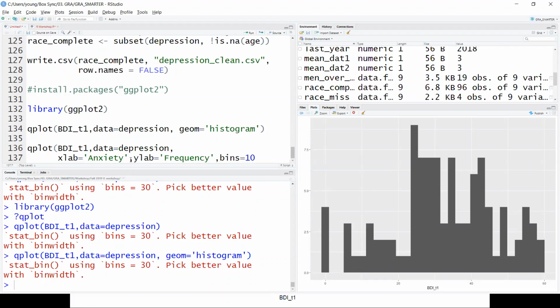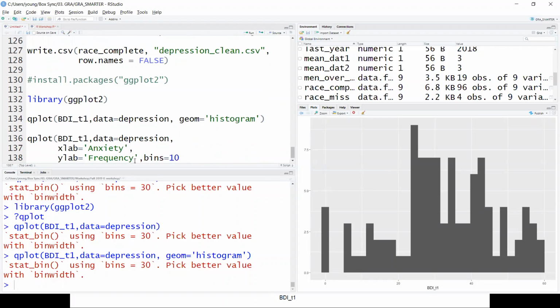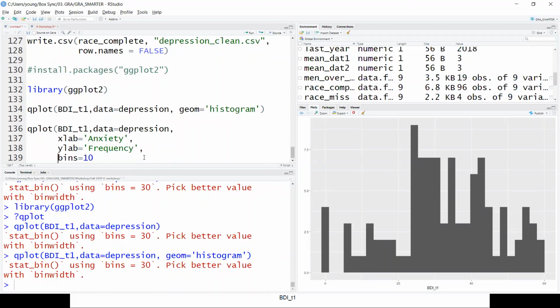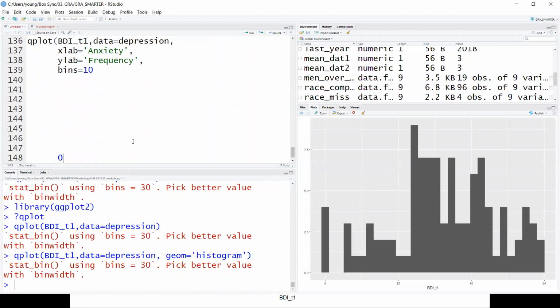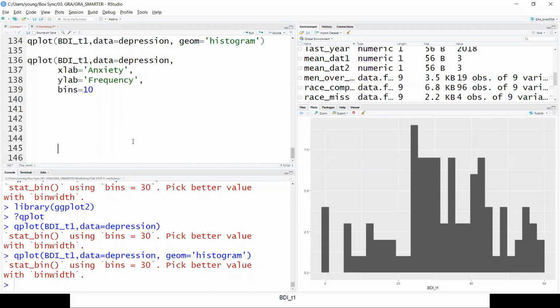Oh, so someone asked about number of lines before, or how it knows the line is over. Basically, as long as the command isn't finished, then it'll expect more, right?